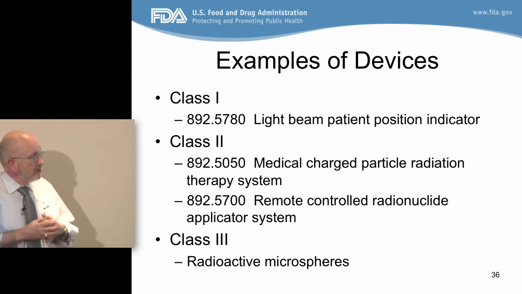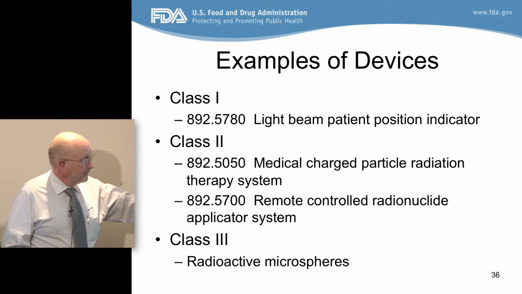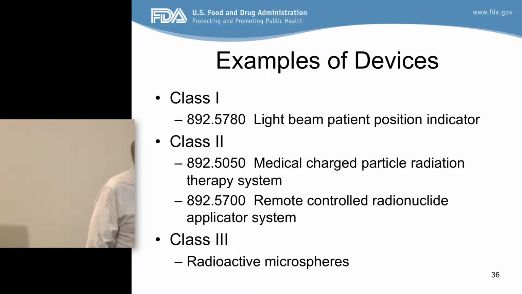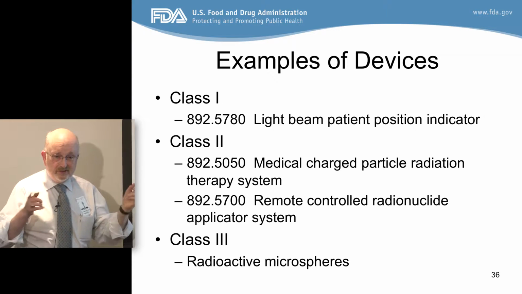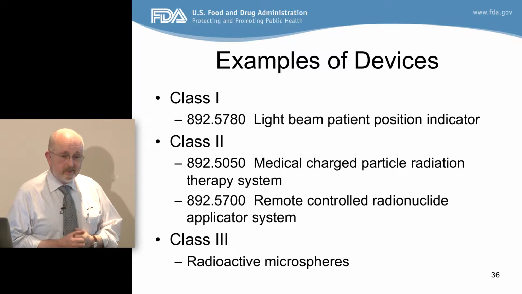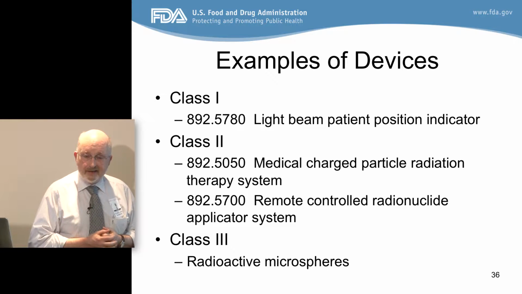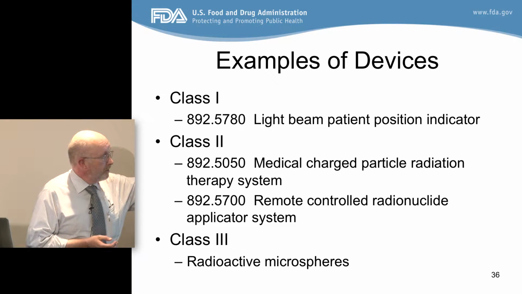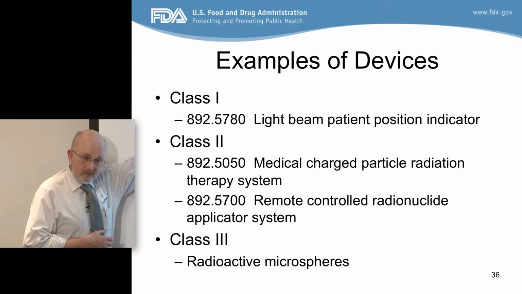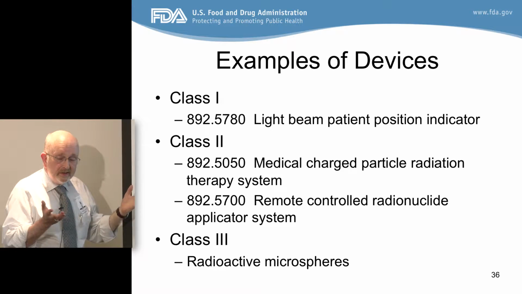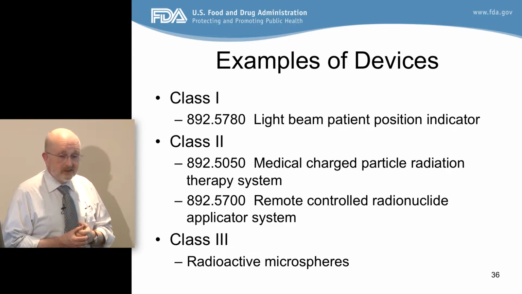So in general, class 1 are the devices. I've given you an example. This is the regulation for this particular device, and these are light beam patient position indicators, those little lasers that we all have in the treatment rooms or in imaging rooms. Those things are class 1. They're not heavily regulated. They're our easiest class of regulation. The only thing we get from these people, for the most part, are things like registration and listing